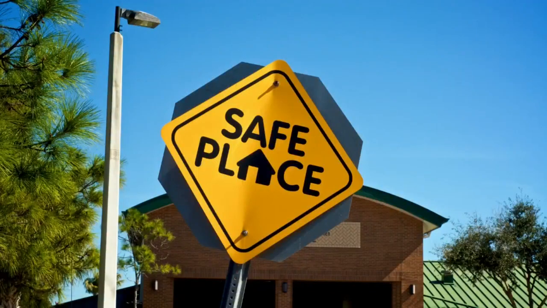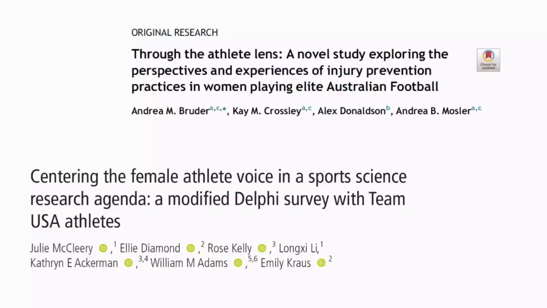So for the next 10 minutes or so, I'm going to talk to you about how we can create safe places, because as researchers, as students, and all of the stakeholders that we involve within our research, we want to make sure that everybody feels safe. The first step to doing this, and one of the most important things we can do, is to co-create: to ensure that the participants we work with have a seat at the table from conception all the way through to dissemination.